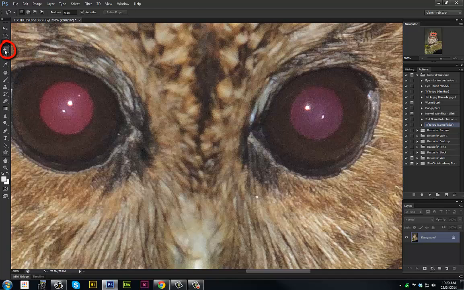So what I'm going to do is use the magic wand tool. You can see I've got my tolerance set to 20 up here. And I'm just going to click in the image, and you can also see that I've got it set to add to the selection here. And what that allows me to do is to just keep clicking until it's pretty much selected the area that I'm interested in. Then I can come over to this other eye, select most of that,